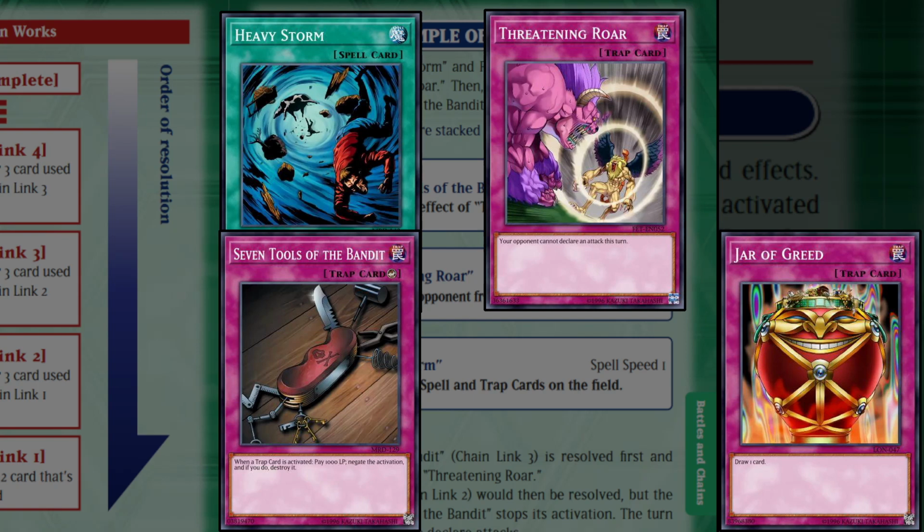7 Tools of the Bandit will negate the activation of Threatening Roar and destroy it. Threatening Roar will resolve without effect. It's considered to have never been activated because its activation is negated. Heavy Storm will then resolve, destroying the remaining Jar of Greed on the field, because Threatening Roar would have already